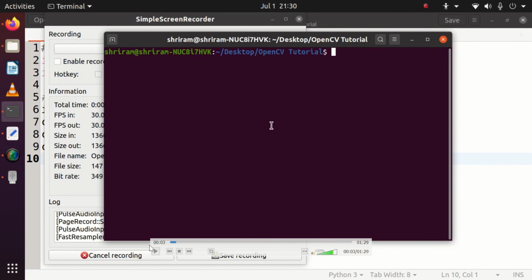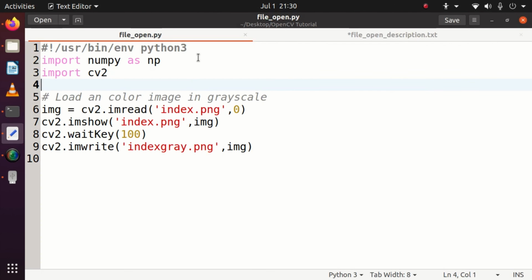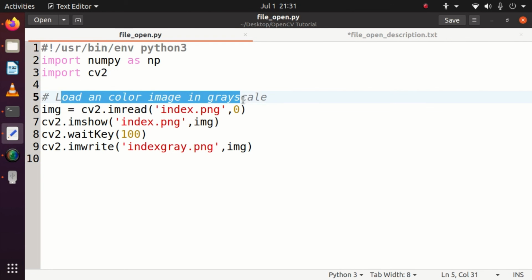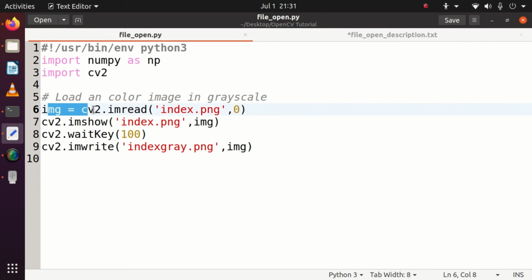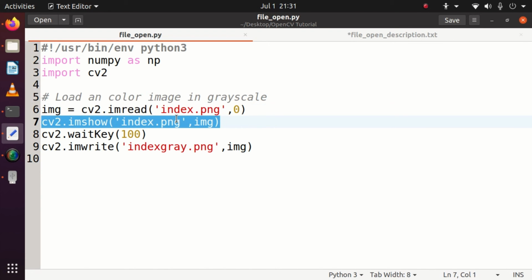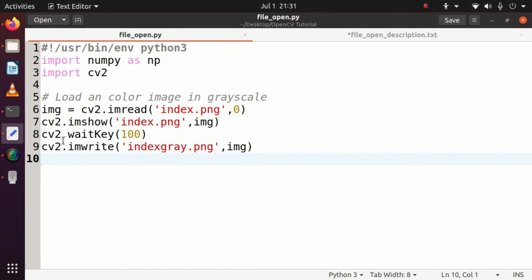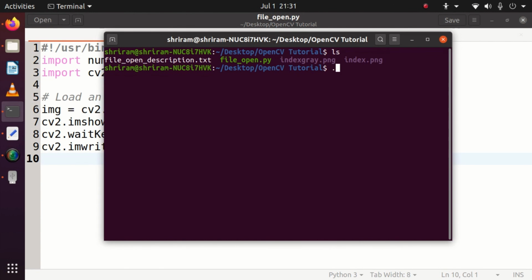Now see that here we have got the Linux environment, and I'm going to go through it step by step. We are opening the file open.py, where I have written the complete code for opening the file, showing the file content and then writing it. I did the initial stuff, import is done. Now I am loading with cv2.imread. Index.png is the name of the file that I'm going to display, and I am showing that. And then I wait for 100 milliseconds and I write it as indexgray.png. How do I run it? Very simple,